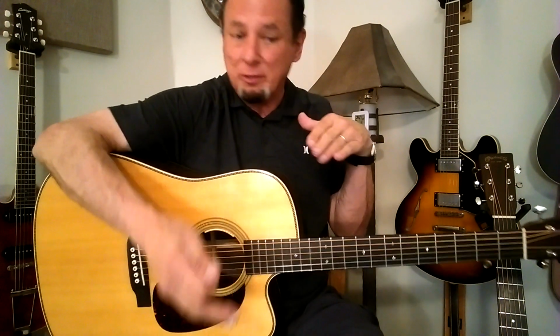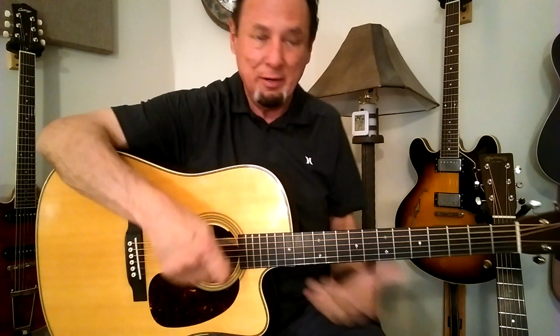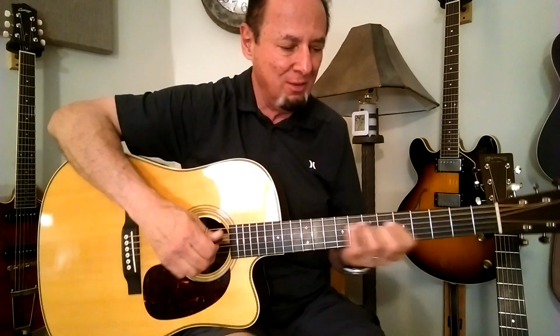Again, that low E, very nice and pronounced. Rosewood's known for that. If the frequency range on a D18 is kind of from here to here, Rosewood usually has a little bit more lows, and the highs might be a little brighter, or it sounds like that because maybe the mid-range is scooped a little bit. Whatever the case is,